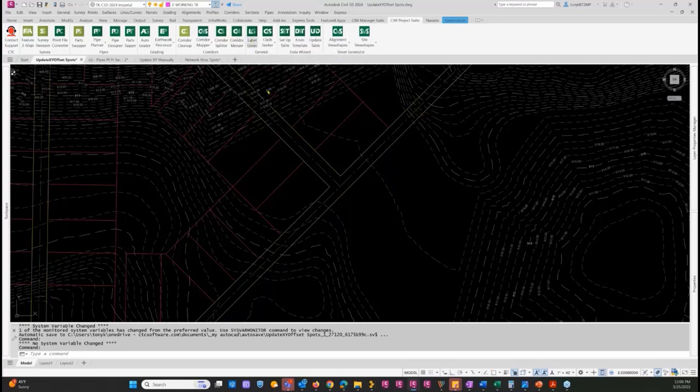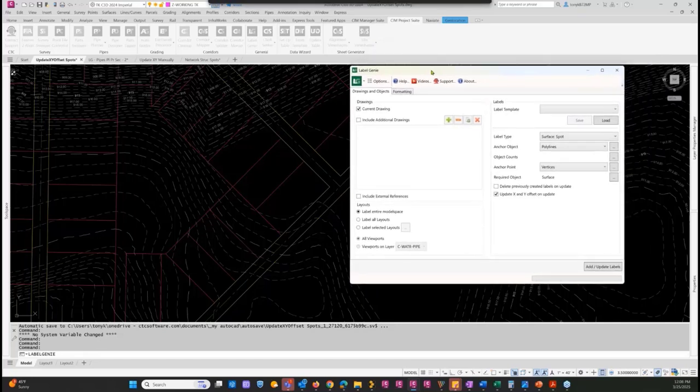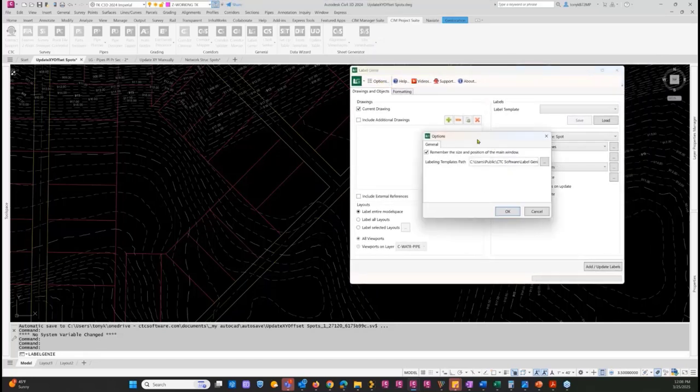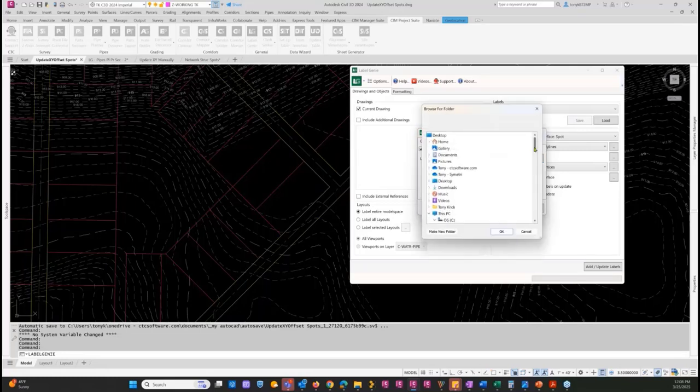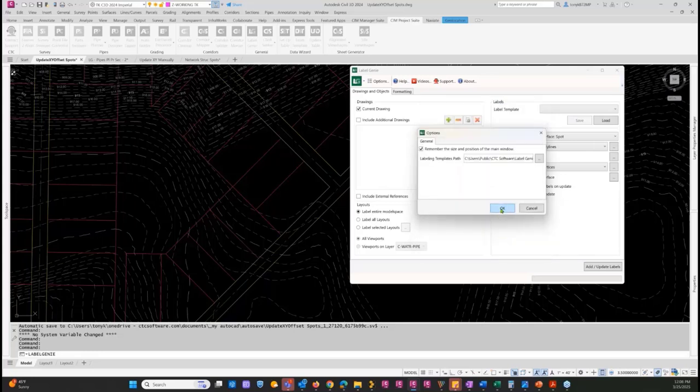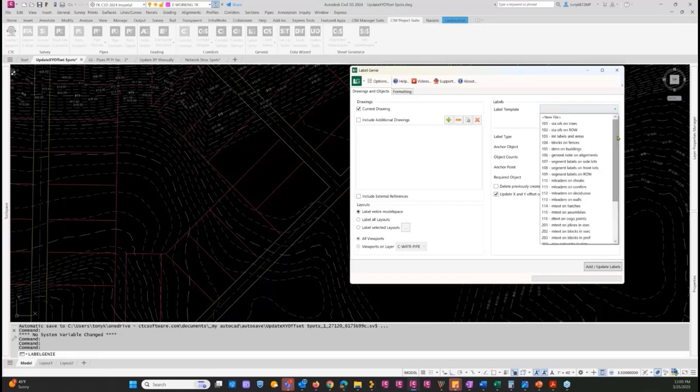So Label Genie, when we open it up, it's going to look like this. If you've set your path already, if you've been using our tools and you don't have access to our templates, but you want to, you can move those. Otherwise, it will be here, as I showed on the slide earlier. It's going to be in your C, Users, Public, and then under Label Genie. So if you want them, you can just go get them there and copy them to anywhere on your network, or you can certainly path here. I think most of you probably would put them in a central location. But when we do that, if you load it new, it will go there and you will get this,